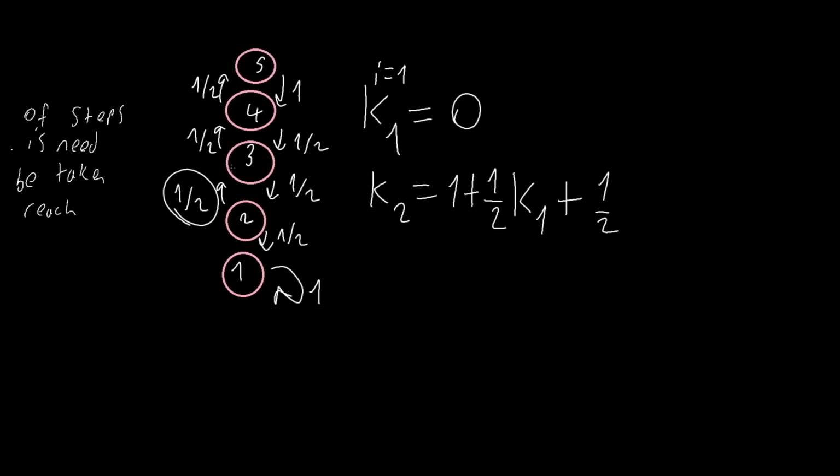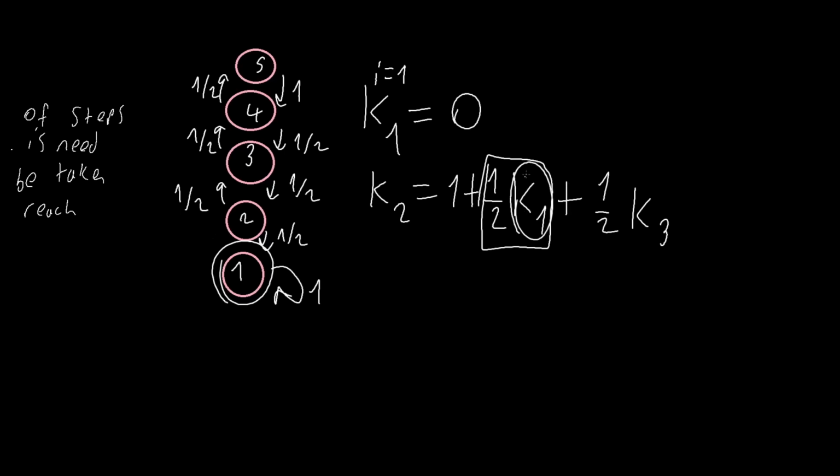And from here, in order to reach this first stair, we need to take k of 3 amount of steps. So basically, this is k2. We take one step from either up or down, for a probability of 1 over 2, we are going to land on this first stair,